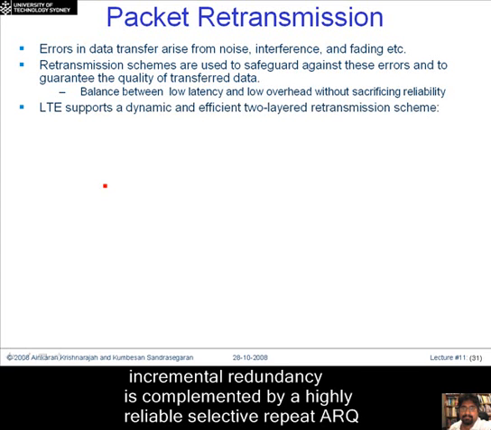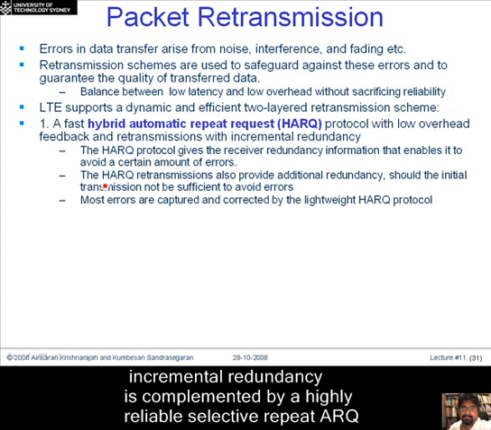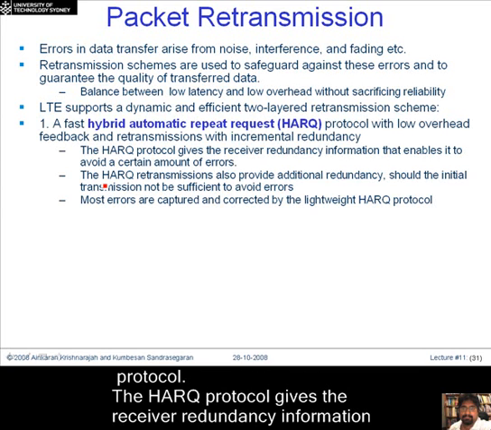So LTE supports a two-layered retransmission scheme. The first retransmission scheme is referred to as a fast hybrid automatic repeat request scheme, or HARQ. This one is slightly in between forward error correction schemes and backward error correction schemes, because